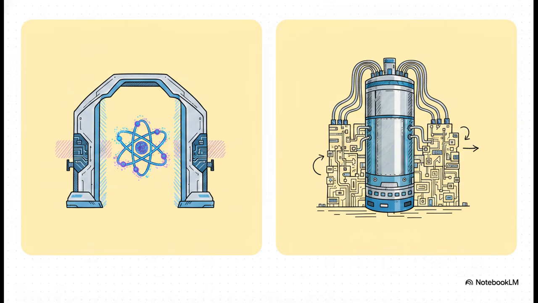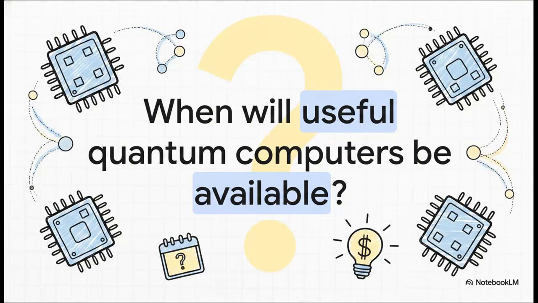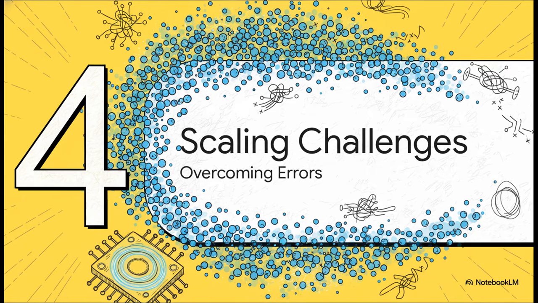Companies use it right now to quickly approximate the best solutions for things like power grid scheduling, massive logistics operations, and materials discovery. So, since the versatile universal computers have so few qubits, and the larger annealing ones are limited to very specific optimization tasks, you're probably wondering, when are general-purpose quantum computers actually going to be broadly useful for practical, everyday problems? Which brings us to part 4, the scaling challenge.